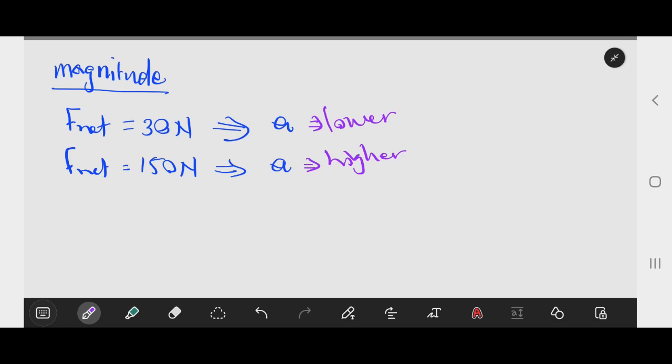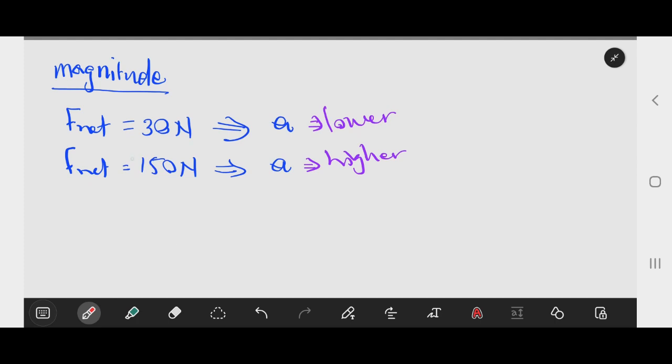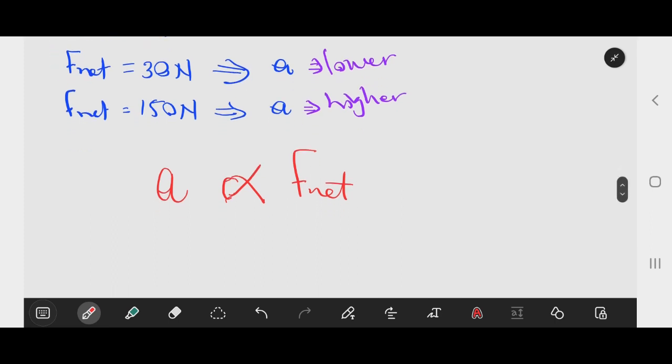So the conclusion is that the magnitude of the acceleration of that object is directly proportional to the net force that you are applying. The greater the net force, the greater the acceleration. So the mathematical relationship that we can conclude from this statement is that the acceleration, or the magnitude of the acceleration, is directly proportional to the net force being applied. Okay, so